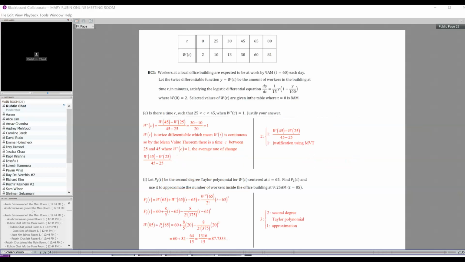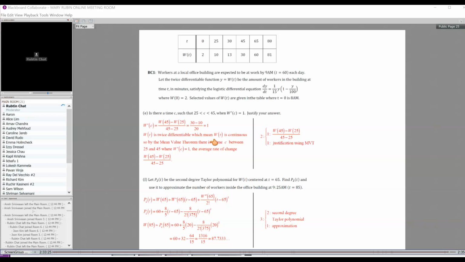And then E and F. So is there a time on 25 to 45 when the derivative is 1? Well, that's the mean value theorem. So you find the derivative, the average slope, average rate of change. So it's just f of 45, this is y2 minus y1 over x2 minus x1. That rate of change averages 1. So there has to be a time, and you want to really write this all out. So